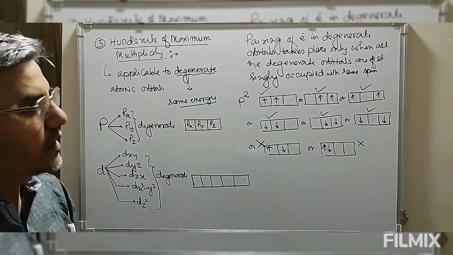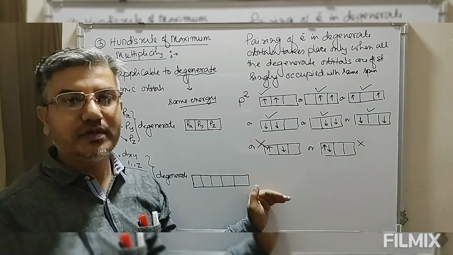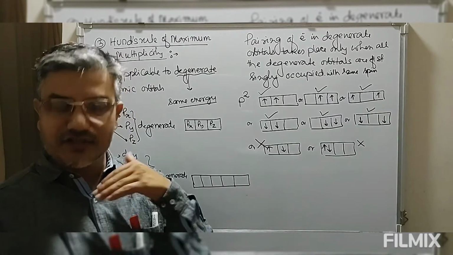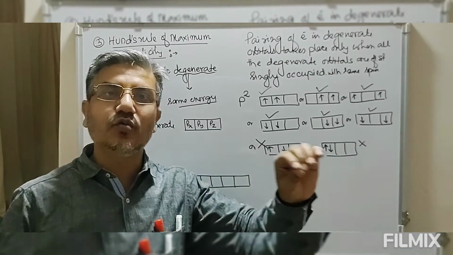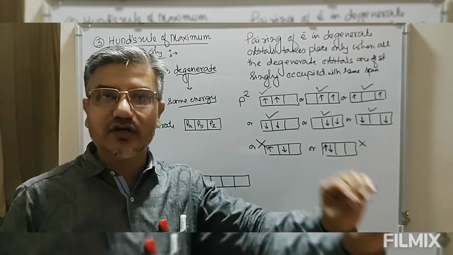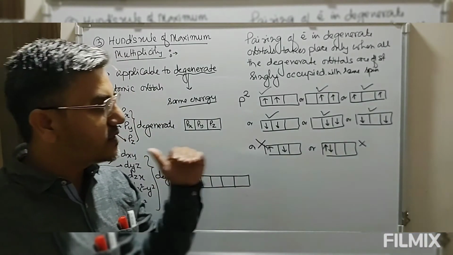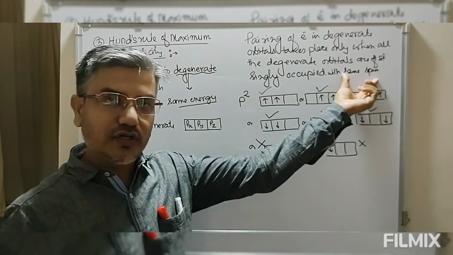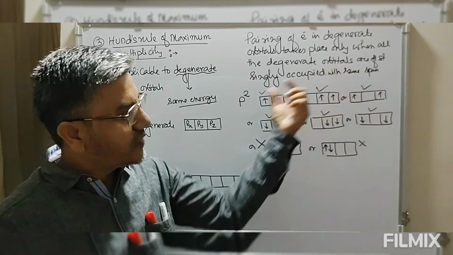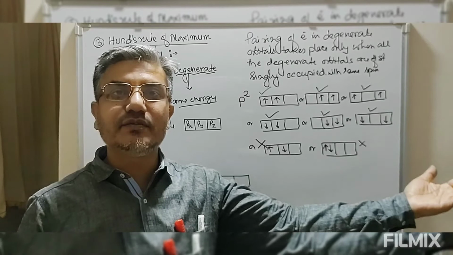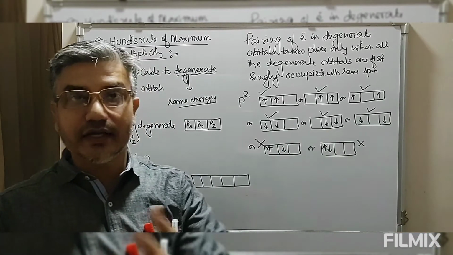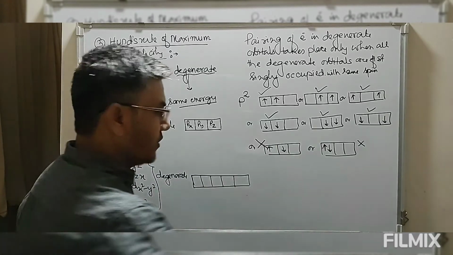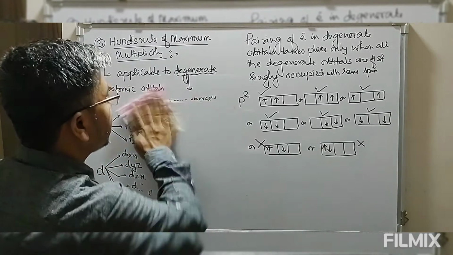So simply saying, when we have degenerate atomic orbitals, while placing electrons one has to keep in mind that first all the same energy levels are filled with one electron each. That is the meaning of single occupancy, and these electrons should have the same spin quantum number. After all these same energy levels are completely occupied, only then can we undergo pairing of electrons. Similarly, let me have some examples here.